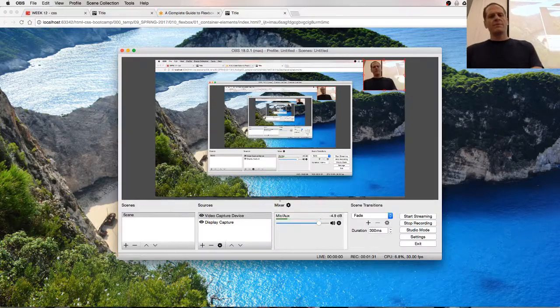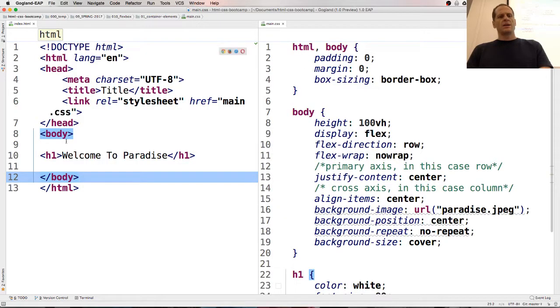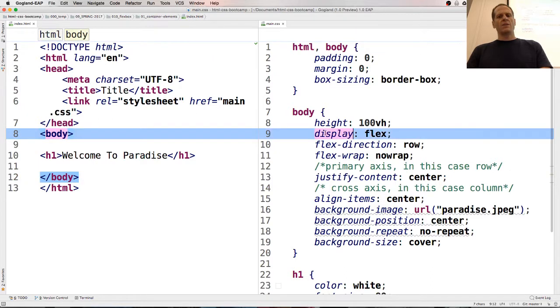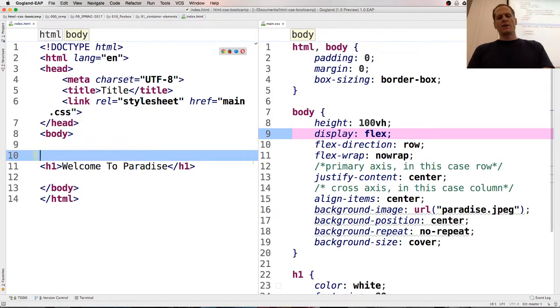Just make sure I'm recording. When you have a flexbox, you have the container. So here, body is a flex container, and this is a flex item. So the parent and the child. And I want to have a header up here. And so, semantic HTML